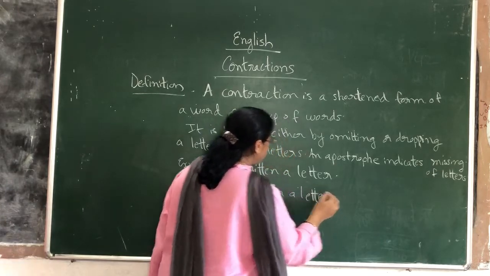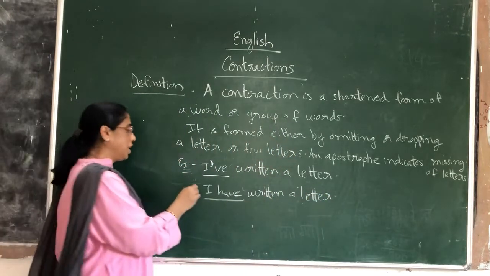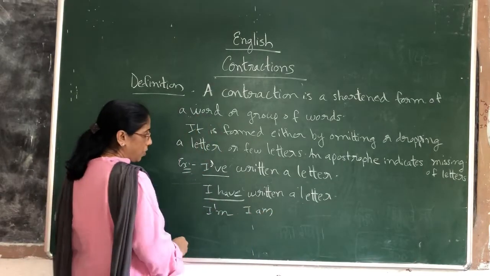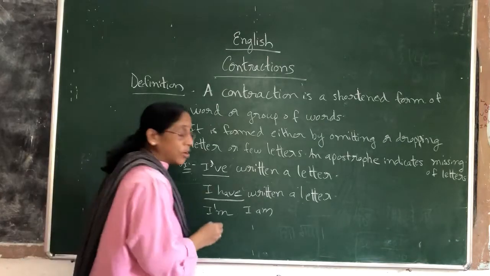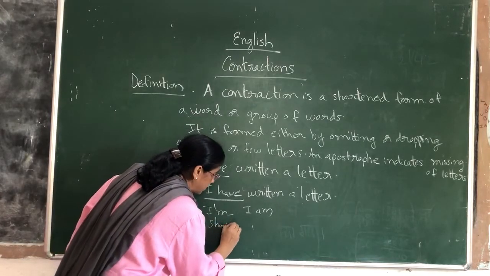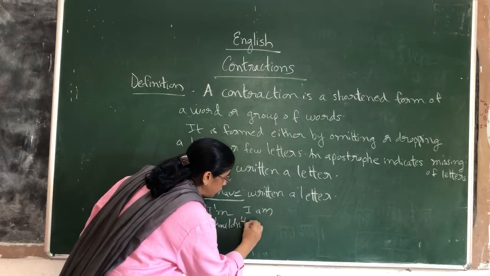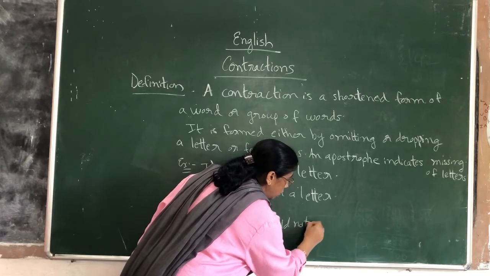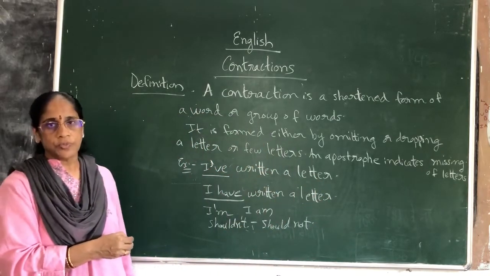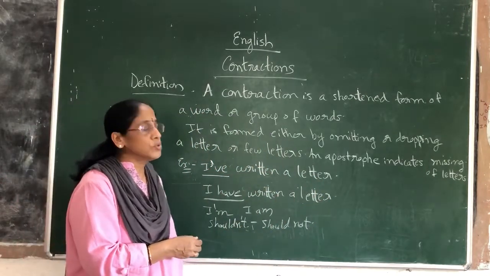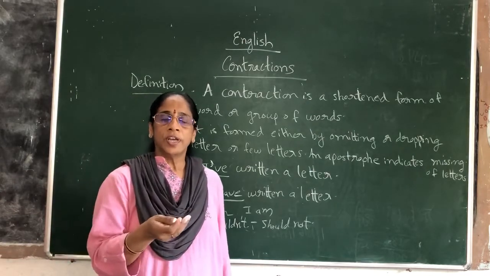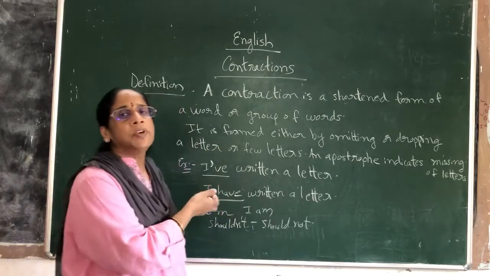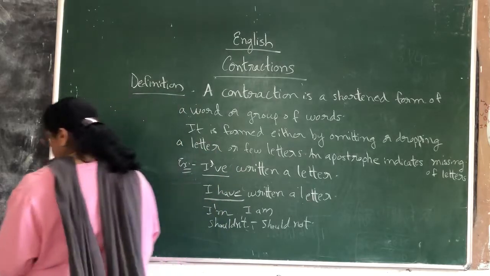Is it clear? So, in the same way, when I am saying I'm, what do I write? I am. That means I'm. Okay? And I told you we also use them in not forms, I told negative forms. Shouldn't. So what is the full form of shouldn't here? Should not. Okay? Should not. Like this they are used. We will see now in detail how it is used in the negative form, how it is used in a statement, that is a declarative sentence, to form a question tag, and also about ambiguous contractions.